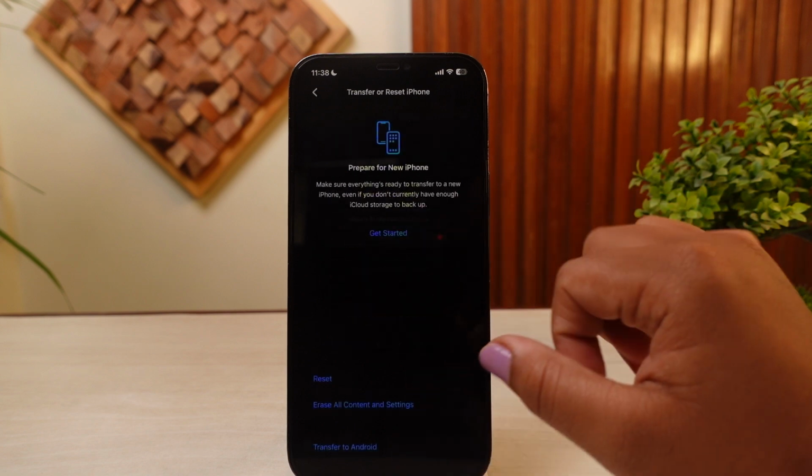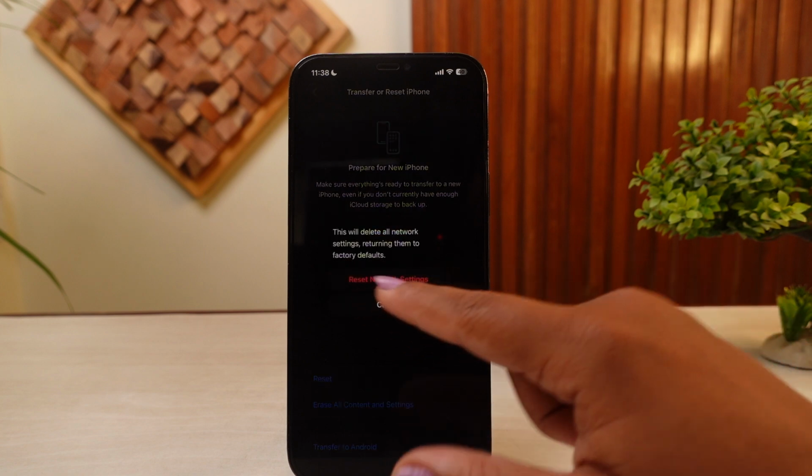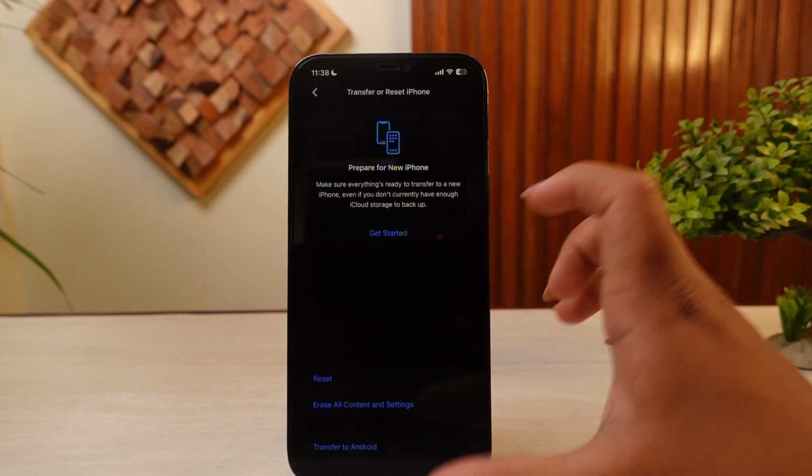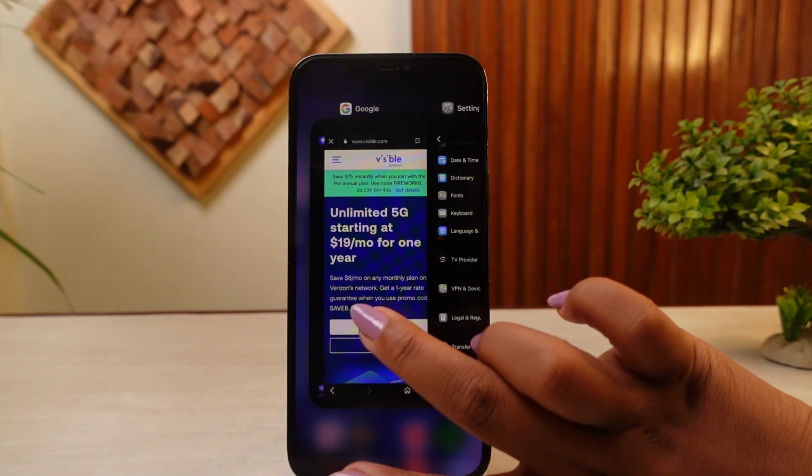Here you'll be able to see Reset Network Settings, tap on that one, add in the passcode of your phone, and then finally tap on Reset Network Settings, and like that you'll be able to reset all of your network settings on your phone. And I'm pretty sure that that will work, but if not, then you can try to